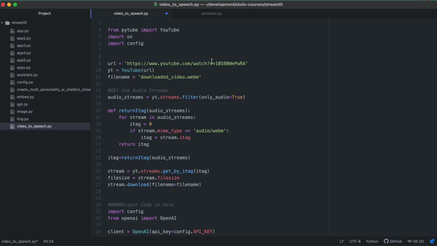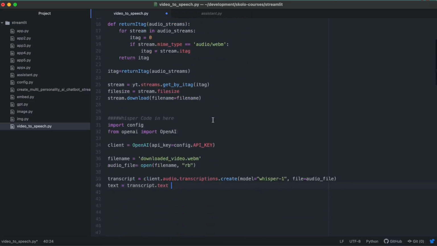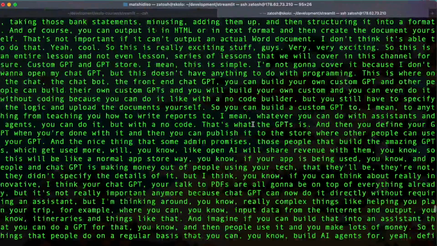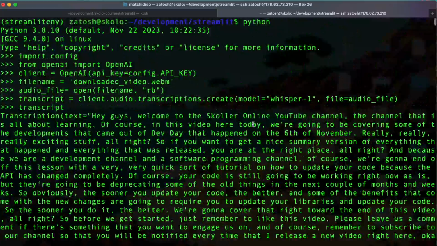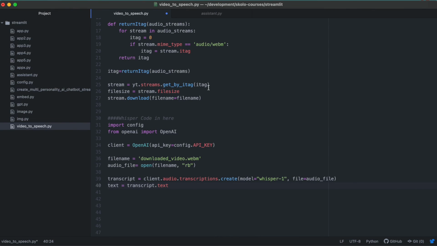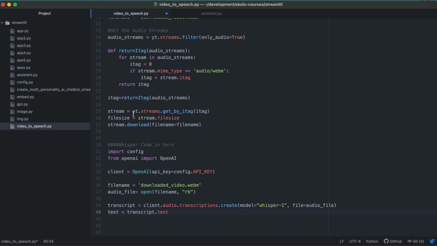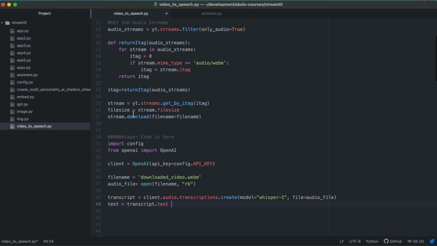Let me just make sure I get the right URL, and I must just remember what I used as the format. Okay, it's not there anymore, but I think we used 241. I'm trying to figure out the itag that I used, but it doesn't matter. I can figure that out again. I can scroll through the itags and find the itag that has the smallest size, because then you can just do all of this in one